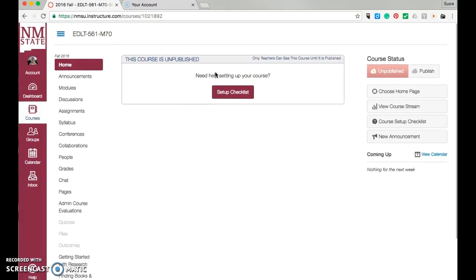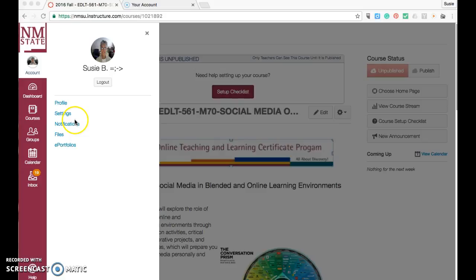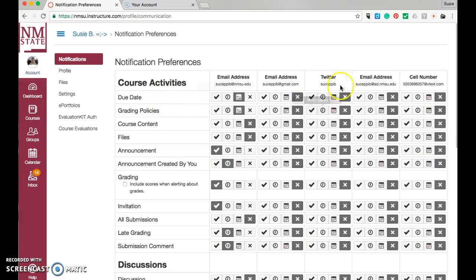Let me do a quick navigation to the notifications. To the notifications, you click on your account, and there it is, notifications, and you can set up your preferences for your notifications through multiple channels. So have at it. This is a great resource. Looking forward to a wonderful